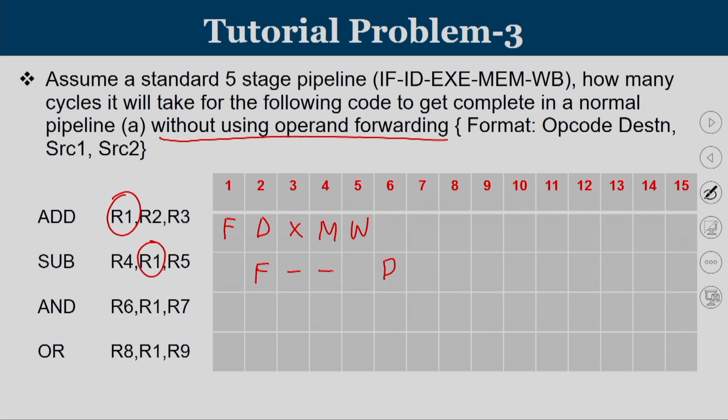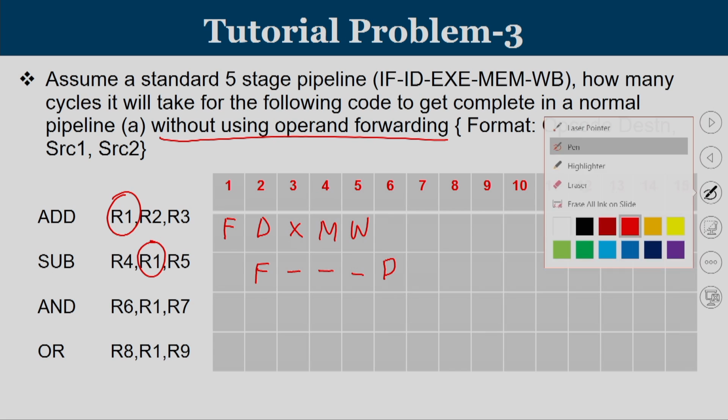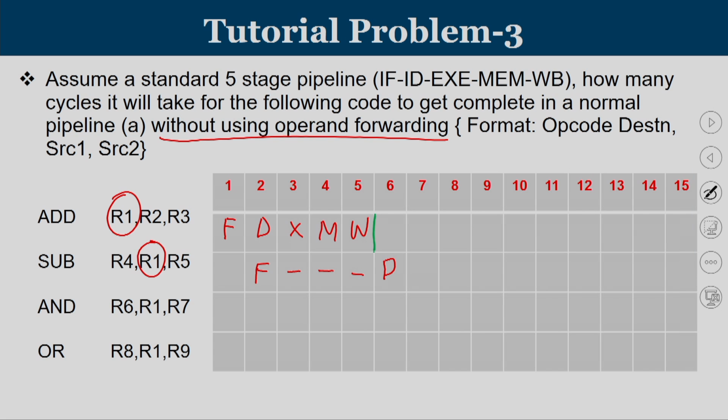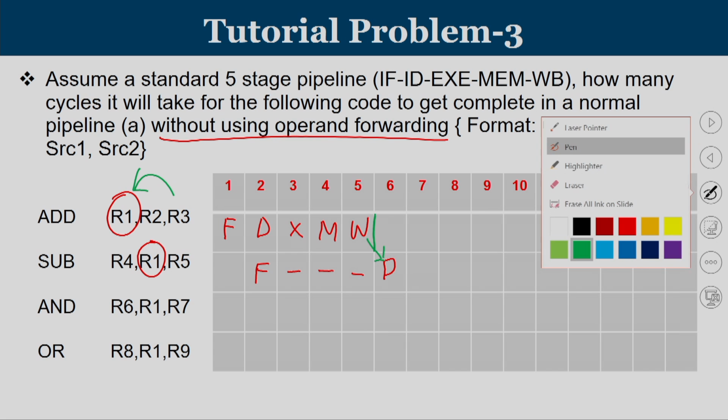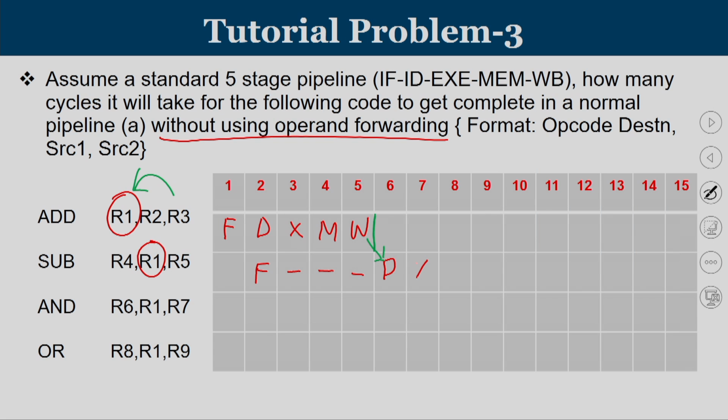So, these are stalls. Why is decoding done only there? It means the first instruction is going to write into R1 only at clock cycle 5. So, then only I will get the value, and here only I can perform decoding. That leads to execute, then mem and write back. Now the fetching of the third one is going to happen only here. The third one also has a dependency on R1, but now the R1 value is ready. So, fetch, decode, execute, mem and write back.